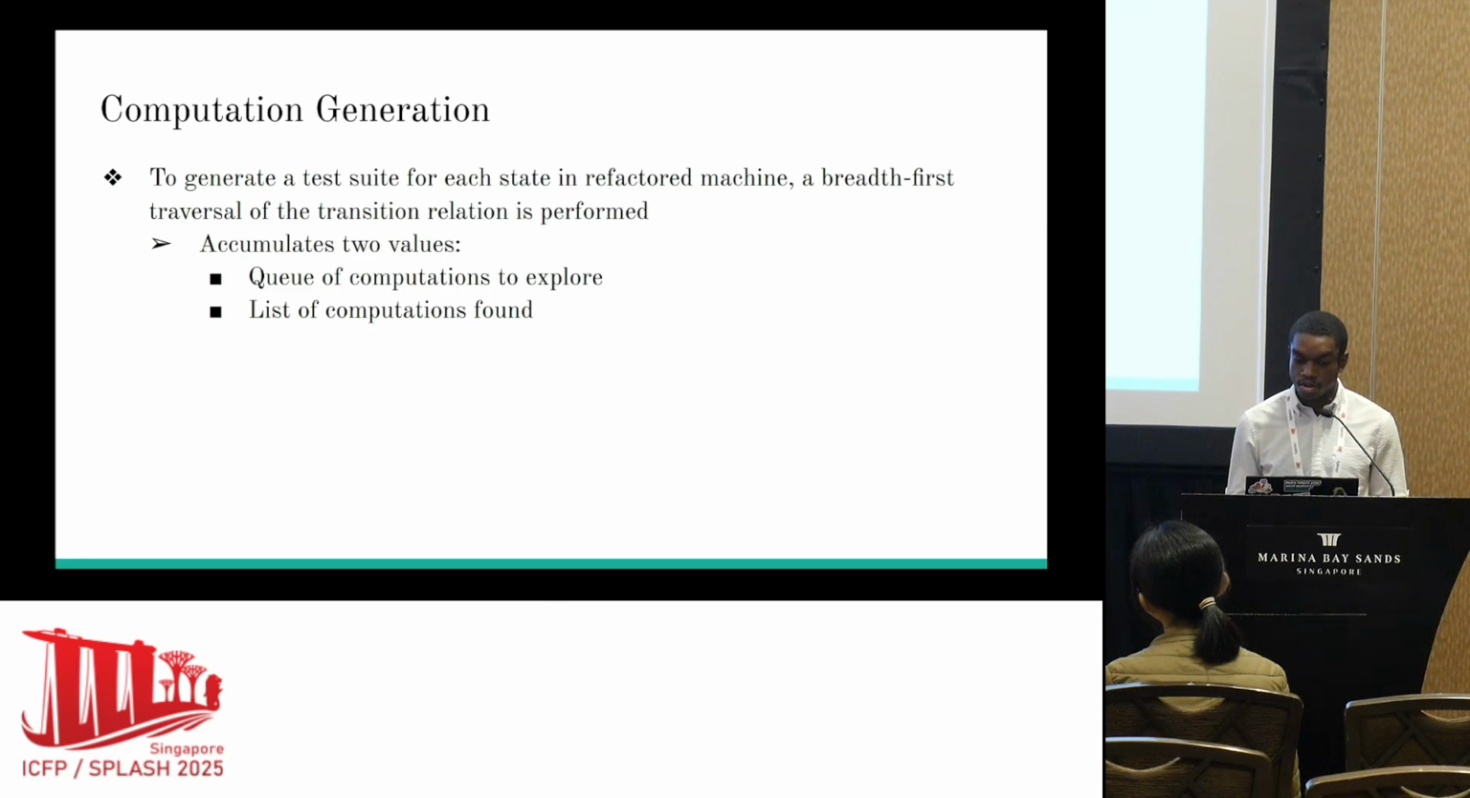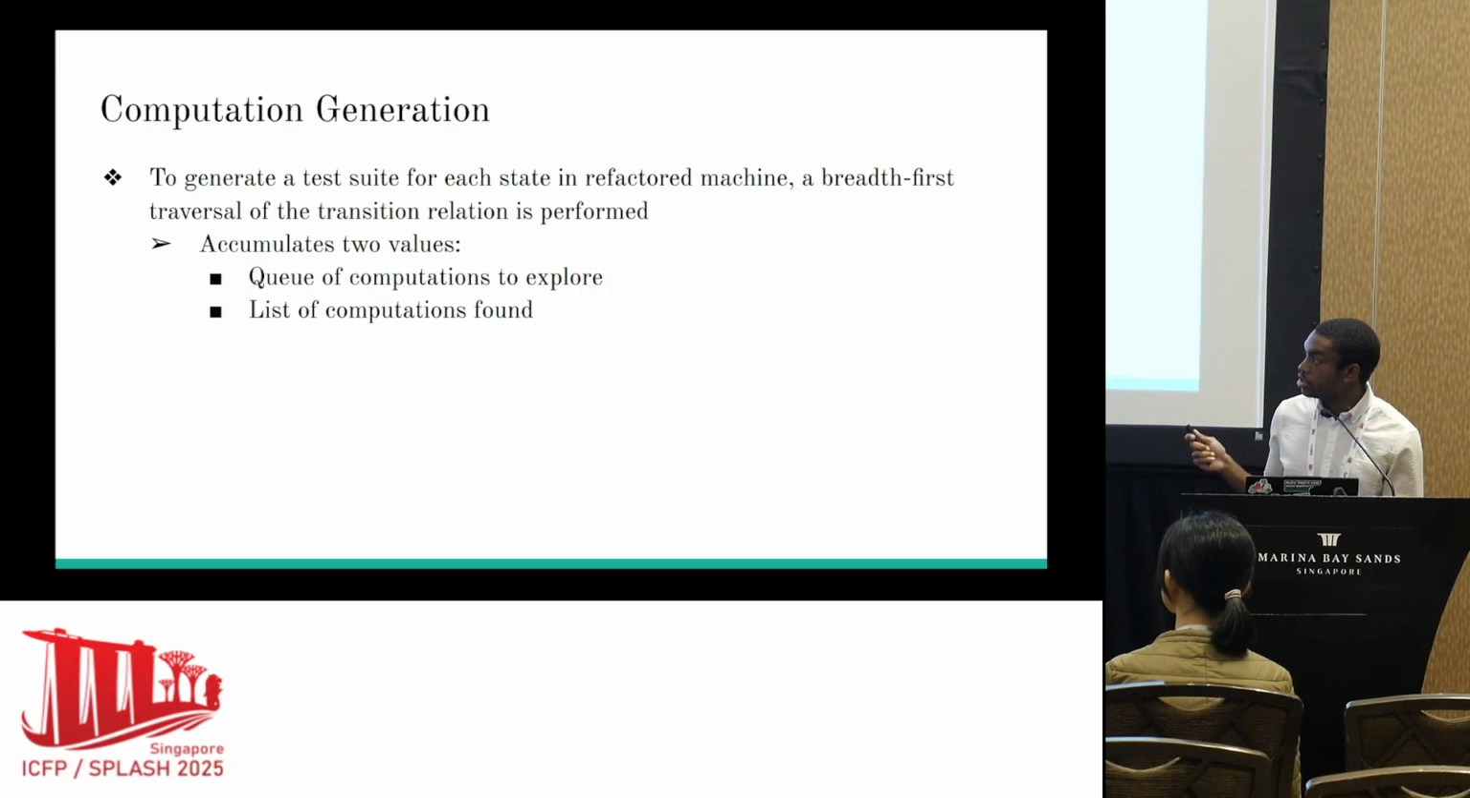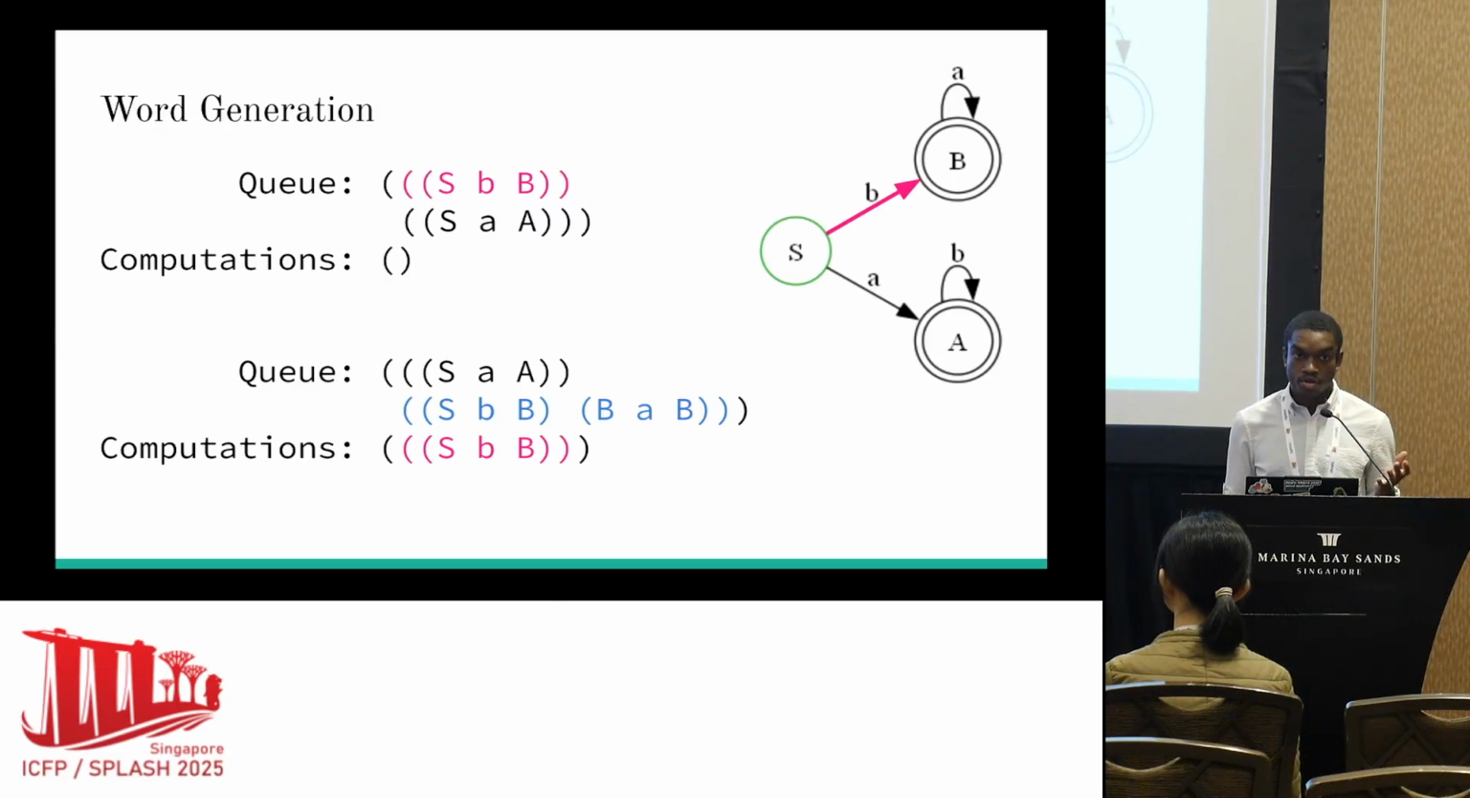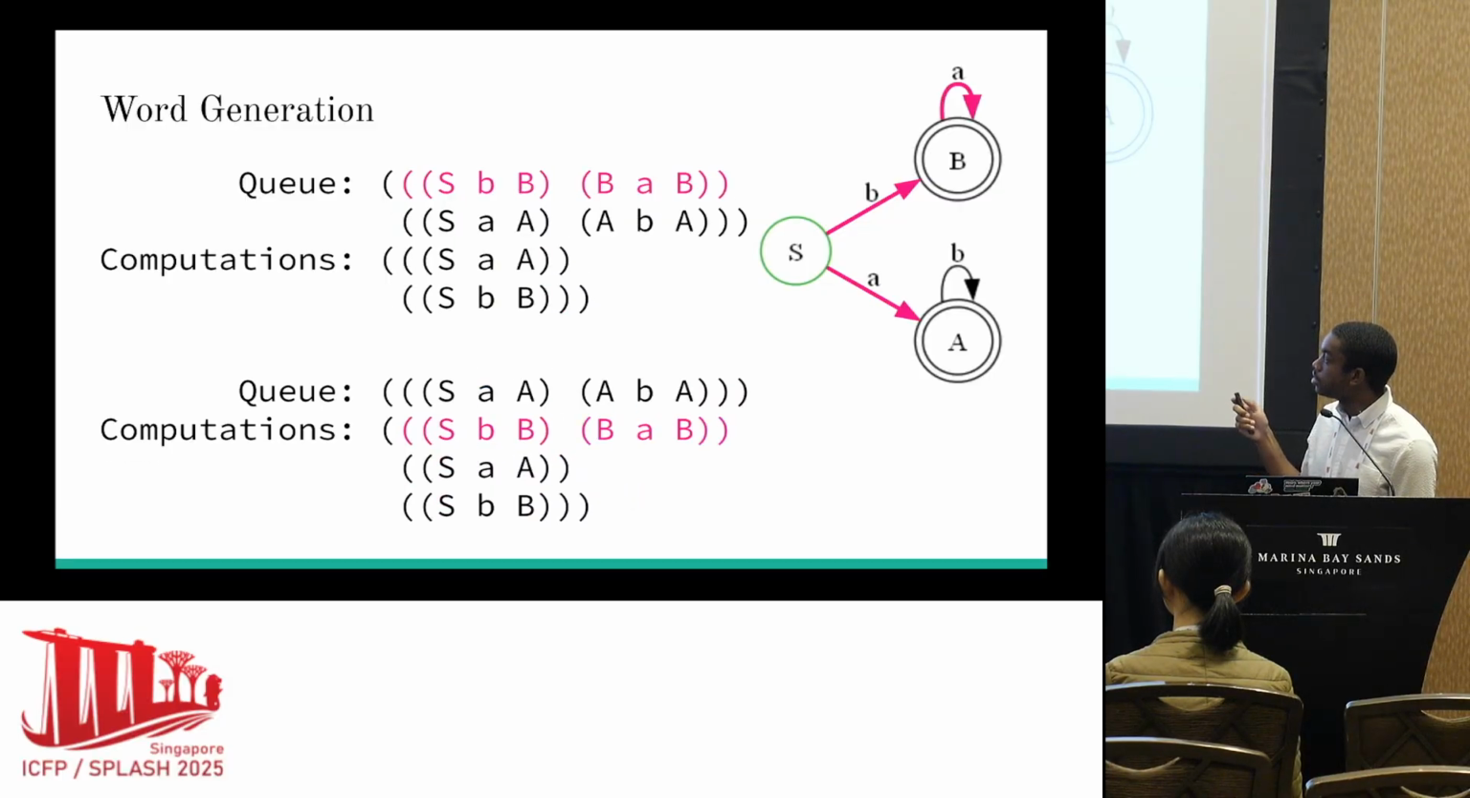So in doing this traversal, we accumulate 2 values, the queue of computations to explore and the list of computations found. Now I'll run you through a quick example using the machine that we just refactored, where our starting queue is all of the rules that are usable from our starting state. So that would be SBB and SAA. And then we can take the first of the queue, add it to our computations found, and then extend